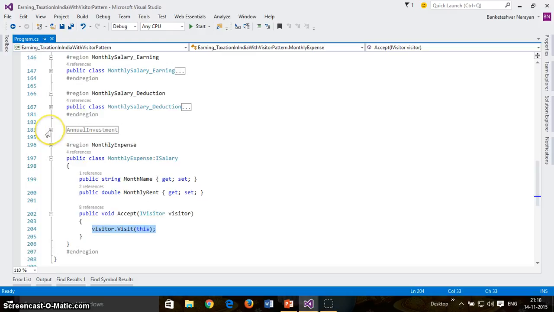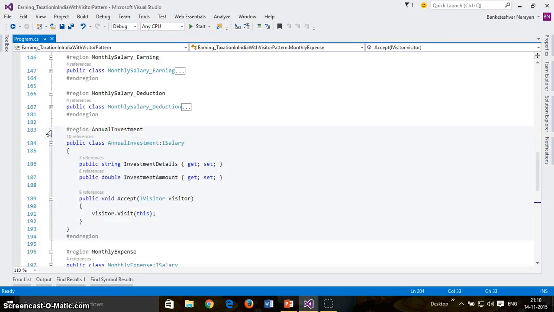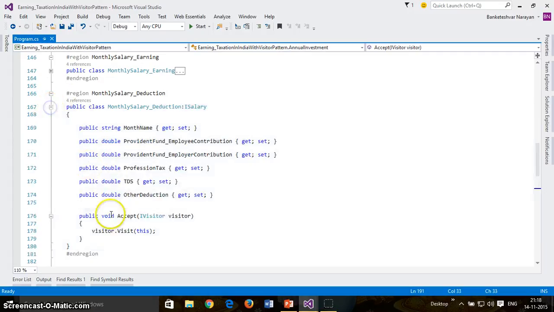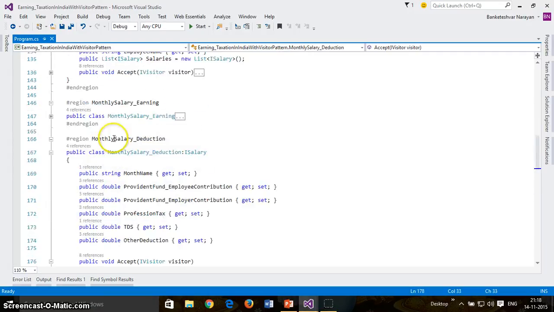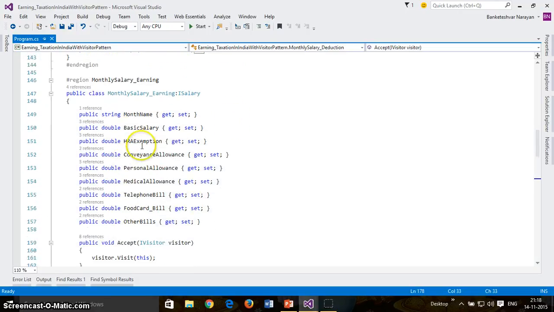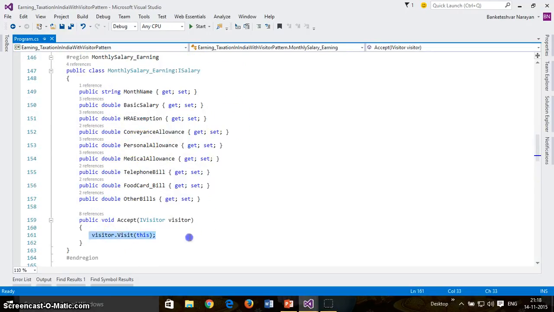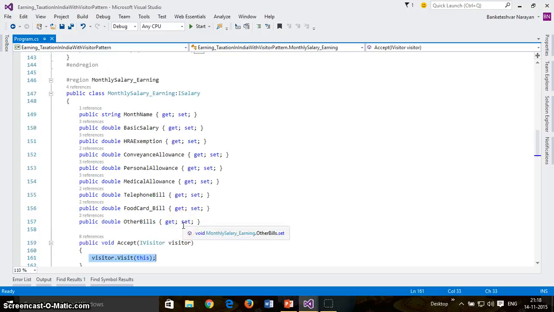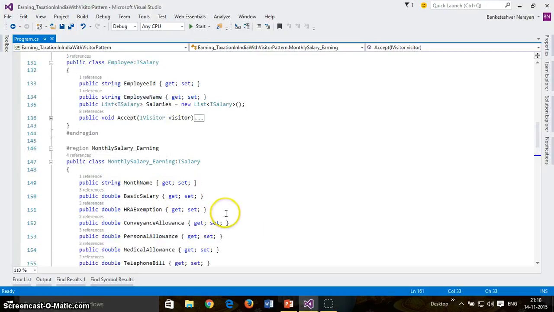The same thing is done for other classes like annual investment also, visitor.widget this, and for monthly deduction the same visitor.widget this, and for monthly salary earning also the same. All other things remain the same as you have seen in the last example, where I was calculating all those things without the visitor pattern.